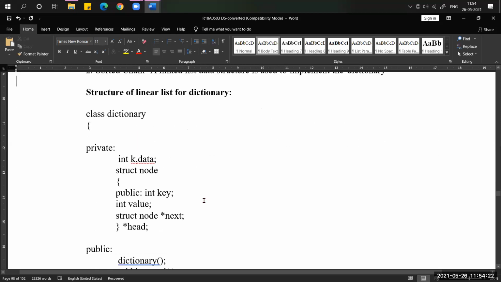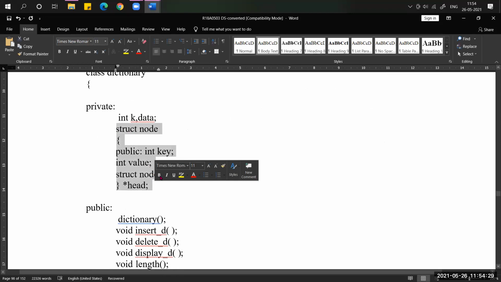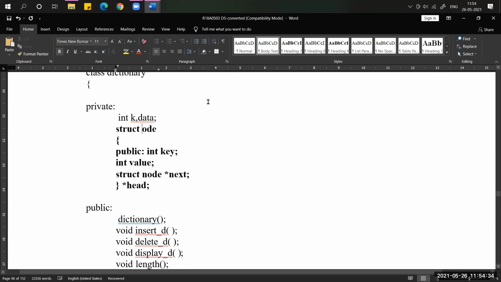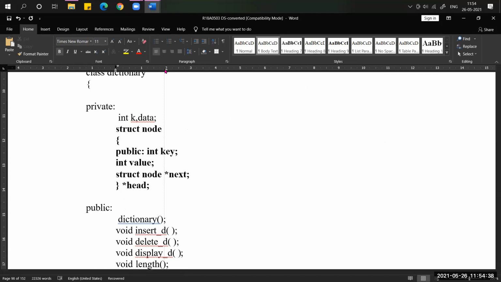Before discussing the basic operations, first of all we have to know what the basic operations we can perform are, and for doing those functions, how we are going to represent the structure.